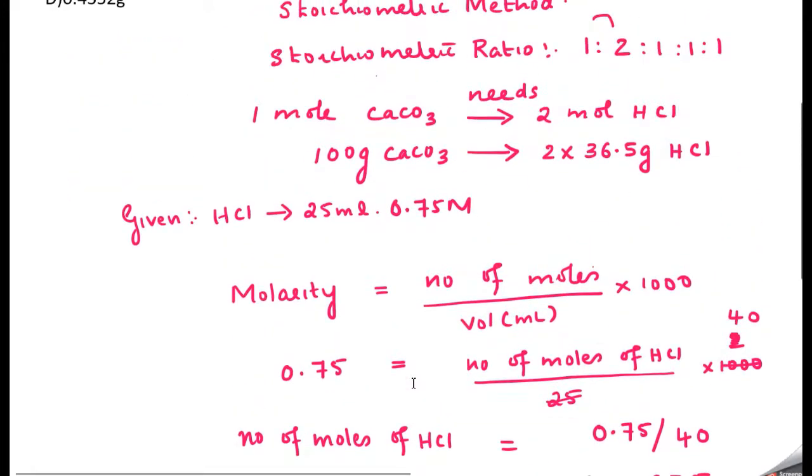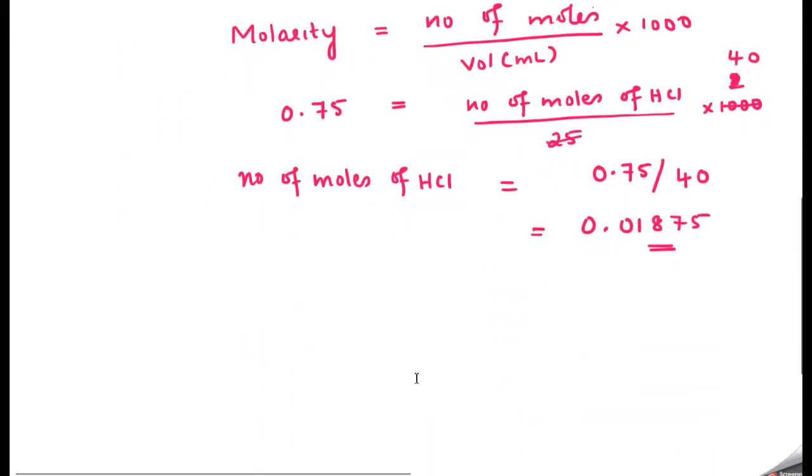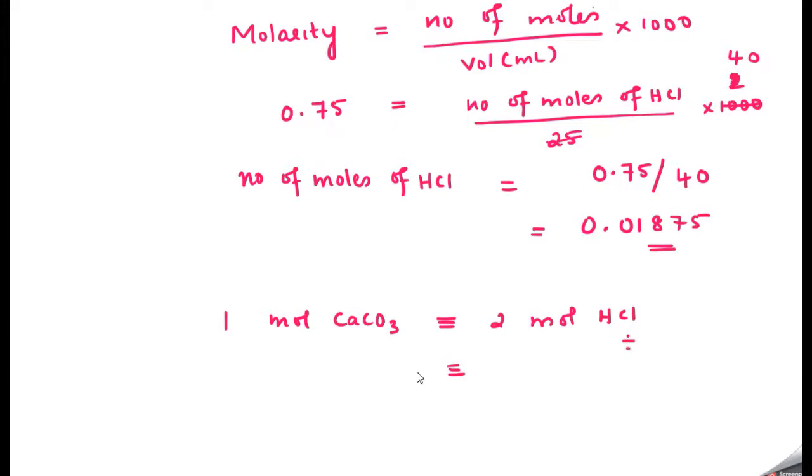Now as per the definition, I know that 1 mole of calcium carbonate needs 2 mole of hydrochloric acid, correct? So let me rewrite that. 1 mole calcium carbonate needs 2 mole hydrochloric acid. So let us convert this 2 to 1 first. So divide by 2 on both sides. So this will become 1 mole HCl, and if you divide by 2 here, this will become 1 by 2 mole calcium carbonate. But you have how many moles of HCl? 0.01875. So multiply by that number,